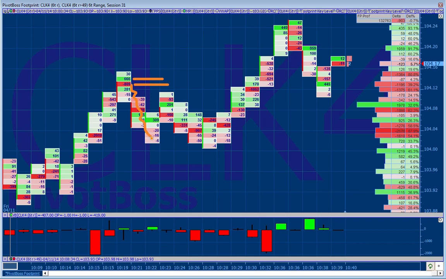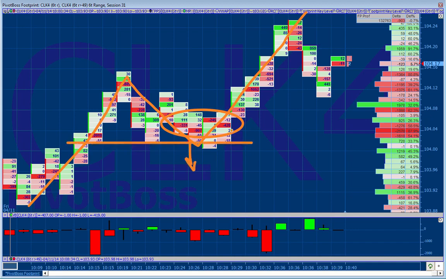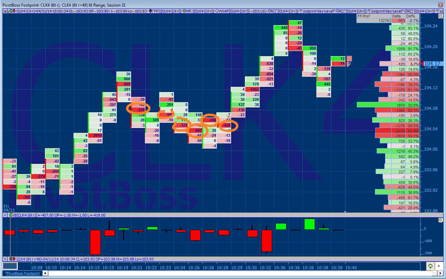But remember, what did I tell you before? If we're in an uptrending market, you want the pullbacks to be very red. Because if they're very red and price isn't going lower, they're getting absorbed. And they're about to be the buyers that lift the market higher. And look at all the sell contracts that come in here. Here, here, here, here, there, and there. And then the last one, holding the bag at 104.08. Is this 130 comes in to sell, and this is the last one that says, I'm selling right now, and then price takes their stop out above here.